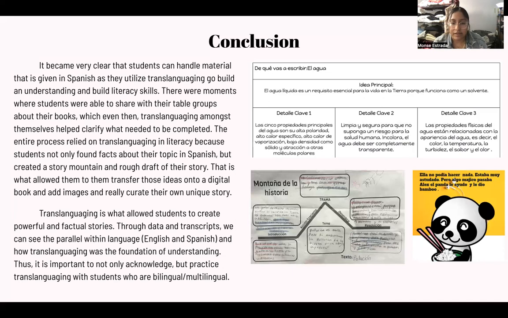We need to allow students to practice because it really built a strong community within the classroom, but then also academically built these really strong stories. So again, big fan of translanguaging, and I was overall a really big fan of seeing how it works within the classroom and taking notes, taking journals, taking pictures, audio, everything. It all ended up connecting together and I'm really amazed by the results and that's really all I have.